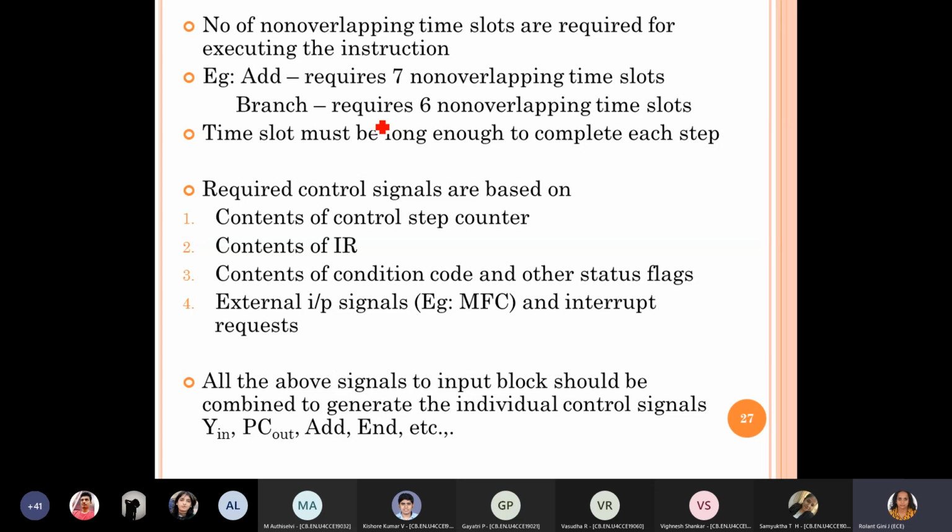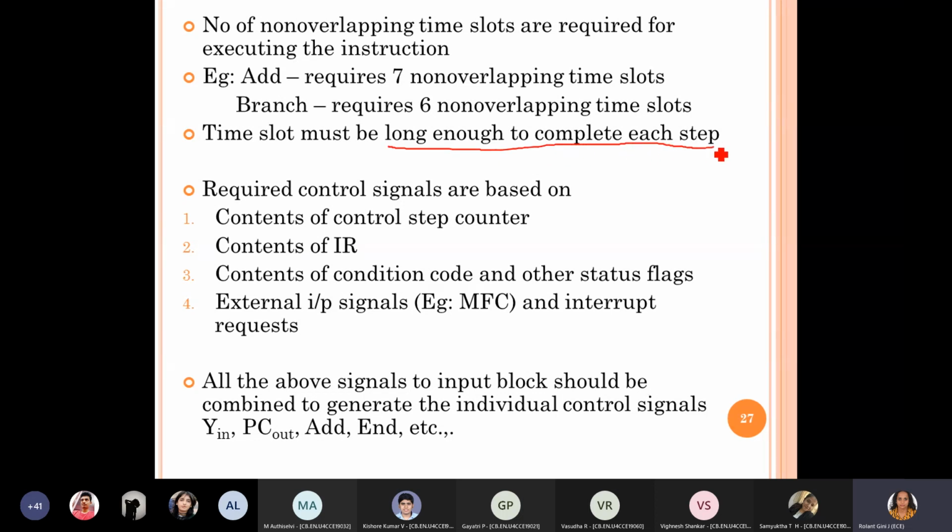It depends on which takes the maximum time to complete, because whatever operation we plan to complete in one clock pulse, we have to give sufficient time for that operation to get over. So when you fix the time, you have to ensure that it is long enough to complete the operation you have defined at that particular step.